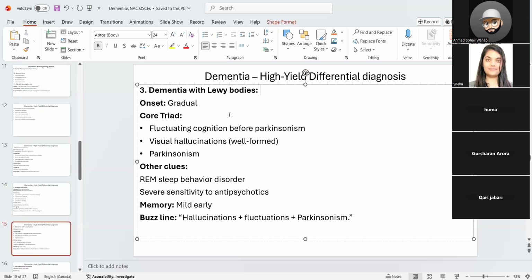Dementia with Lewy bodies. This is dementia plus Parkinsonism. Patients with Parkinson's can also later on develop dementia or memory loss. But in Lewy bodies, the dementia precedes the Parkinsonian features. So you may see a patient being described that 3 months ago, 6 months ago, family started noticing that patient has memory recall issues or forgetting people's faces or names,